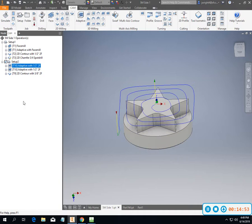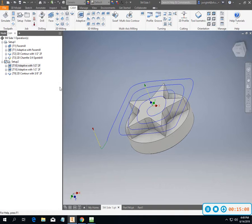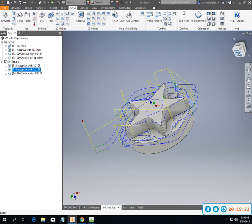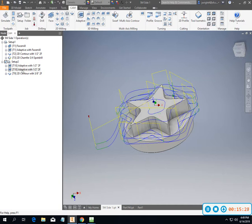So here I was playing with adaptive just a little bit, and I took this 1/2-inch 2-flute end mill and did an adaptive facing with it, just because I was doing some demo stuff today. I was playing with the adaptive and doing some top cutting with what I would normally face mill with, and I ended up doing it with an end mill. Then I go around the outside of it, and so that actually has a top feature on there already, doesn't it? So if I want to just run in,